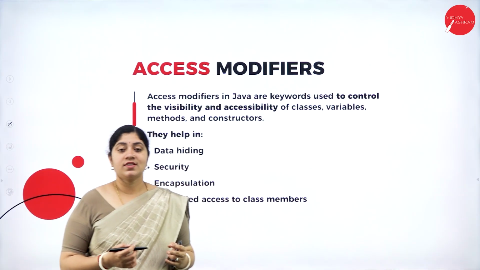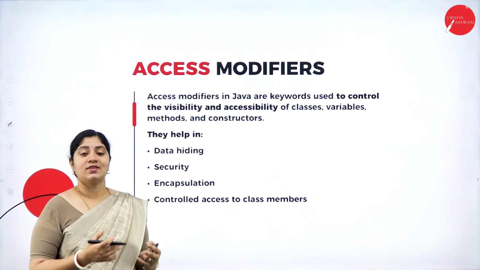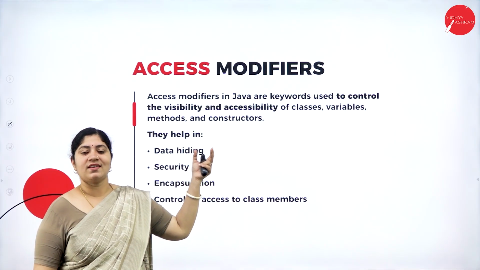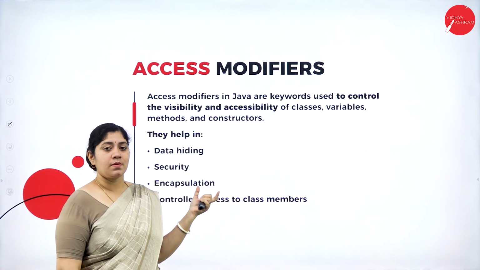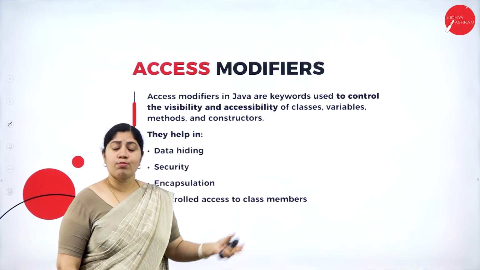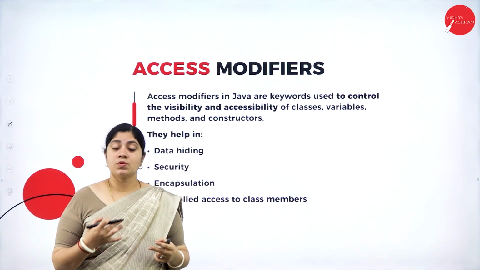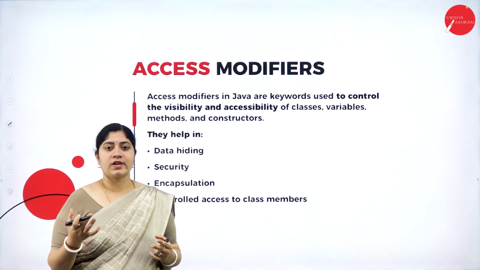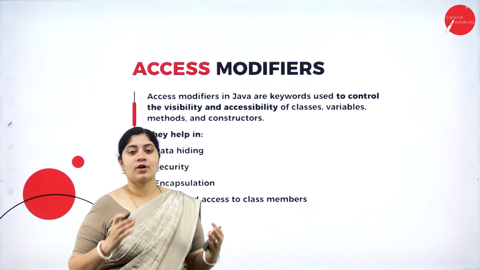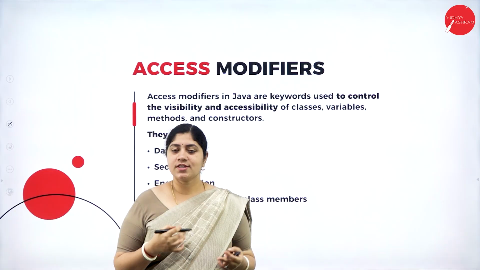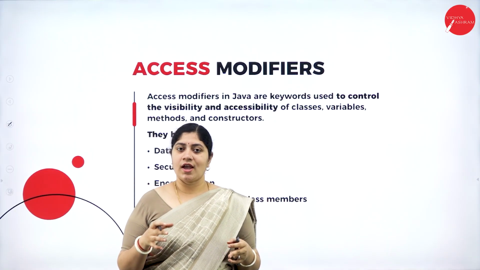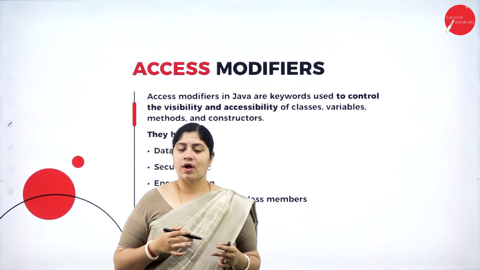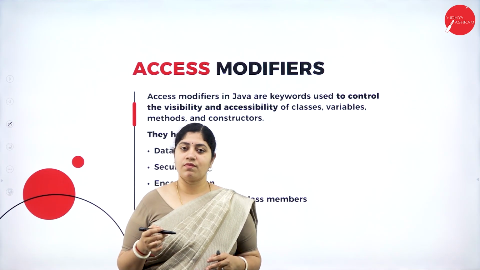Now let's see the advantages provided by access modifiers. Access modifiers help in data hiding, provide security, and also provide encapsulation as well as controlled access to class members. Just consider the example of a website, where if you want to access various features of that website,